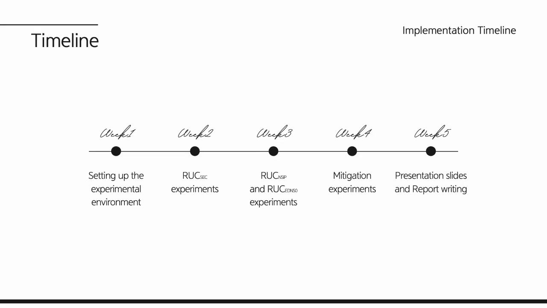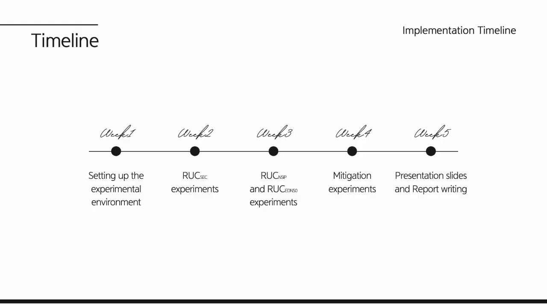Project timeline. Our project is planned to take place over 5 weeks. In week 1, we will focus on building the entire experiment environment from the ground up. This includes setting up the Vultr network, creating all 3 Docker containers, the resolver, name server, and attacker, and making sure that communication between them works smoothly. By the end of this week, we should have a fully functional test bed for the RUC attack